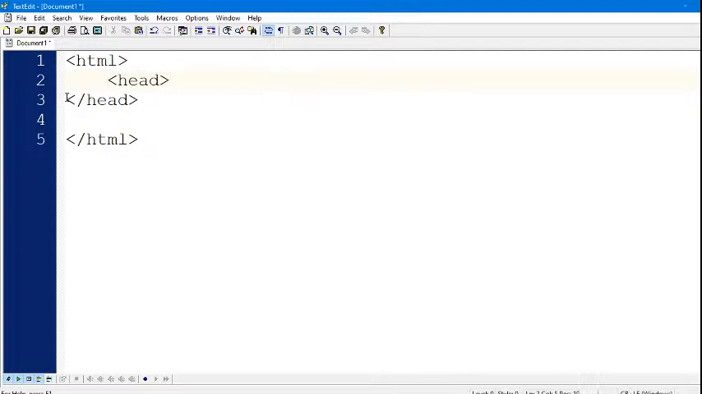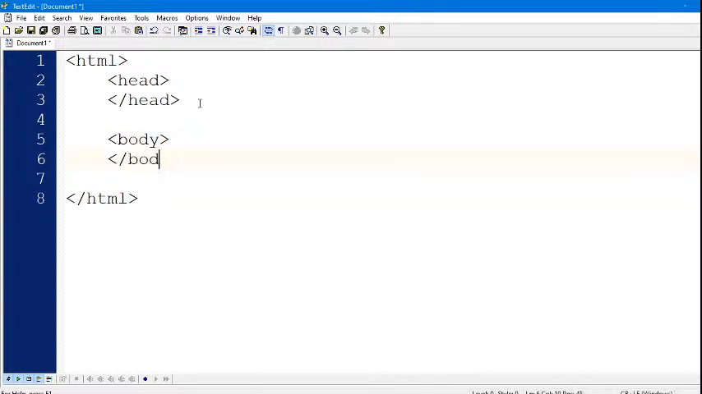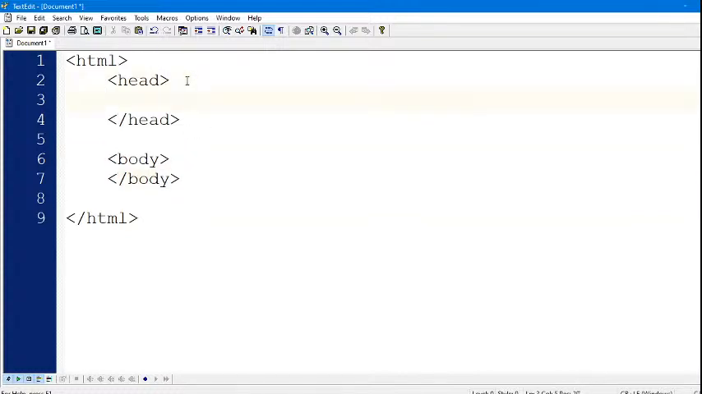Oh my gosh. And then do body, and then close it. Okay. And then do, why is it all caps? What was I going to start off with? I don't even remember what I was going to start off with. I think I was just going to do,